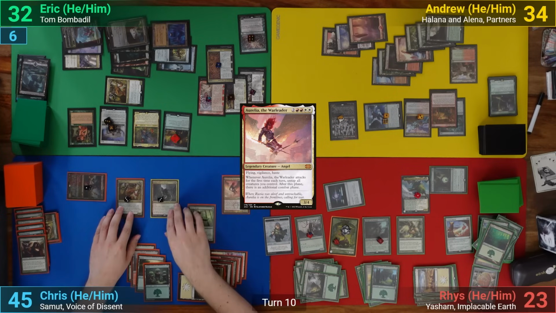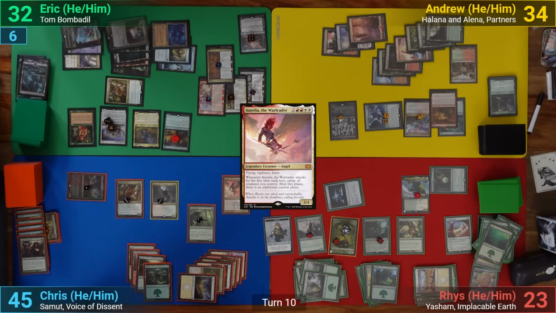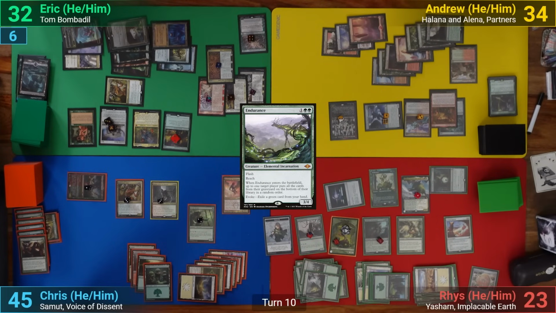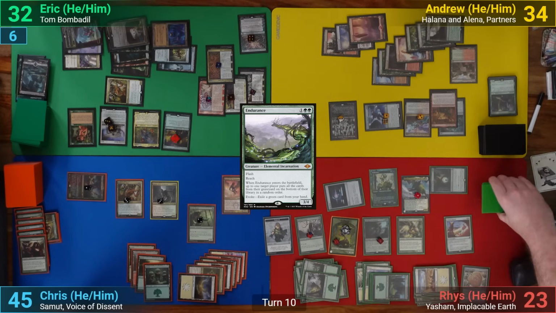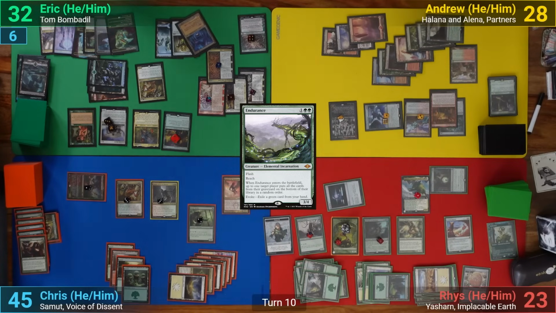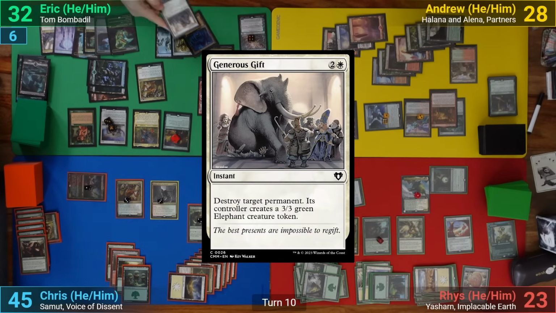Chris makes the same attacks again, and pumps Aurelia once more with Xenagos. Before moving to blocks, Rhys flashes an Endurance and puts his graveyard on the bottom of his deck, and thankfully chumps Aurelia since it has reach, and he blocks the other ground creatures with plant tokens. After that, Chris passes. During his upkeep, Eric casts Generous Gift and targets the Avenger of Zendikar, but Rhys responds